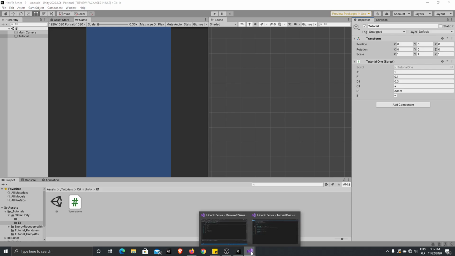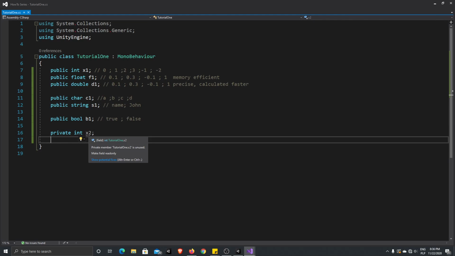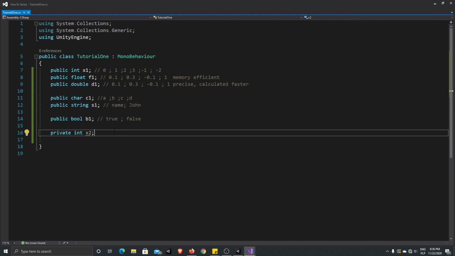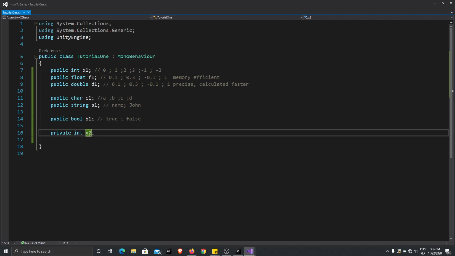Okay, and you can only change this value from inside your class or script, tutorial 1. You can't change this from outside. Of course, you can create a public method inside your script that will change that x2 value, but I will teach you how to do it in the next episodes. For now, just remember that this way we encapsulate our x2 value so that it will not be